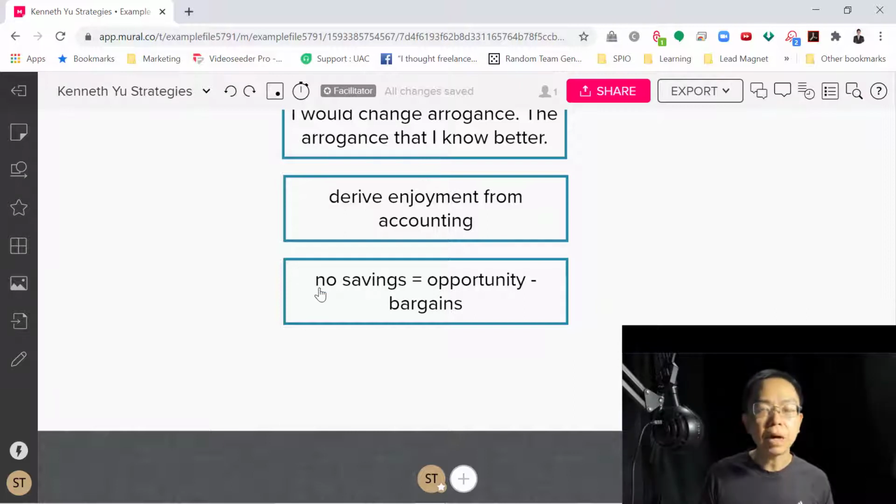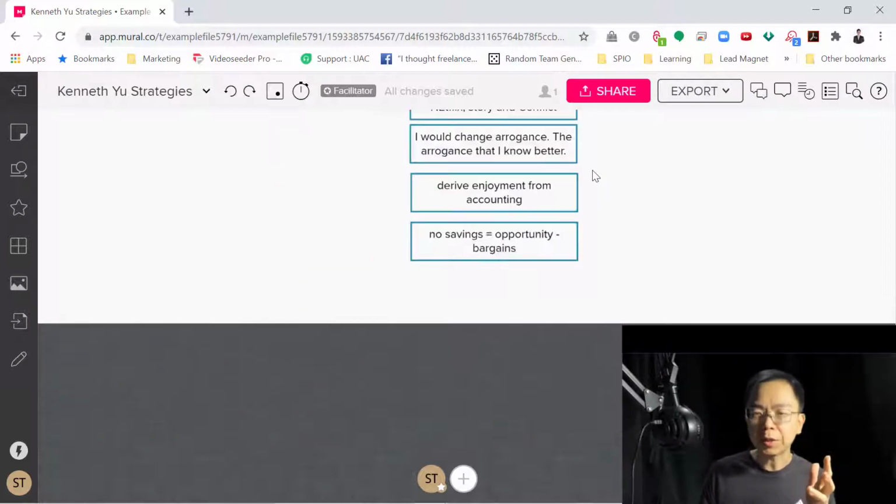He's talking about the market crash in the future. People don't have savings, companies don't have savings, so it's going to be an opportunity because you're going to get bargains. How does that happen? Well, if you've ever heard of a fire sale, it makes perfect sense. When people have had a fire, right, and they need to restart, the house has burned down, they need to sell stuff very quickly in order to make money. So this is basically what it is. It's an adjustment or attunement of your expectation.